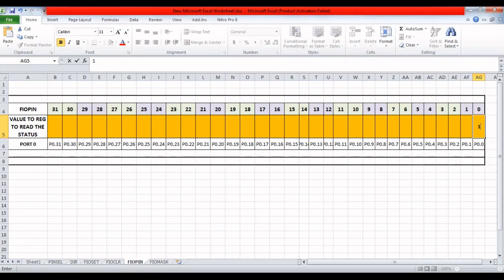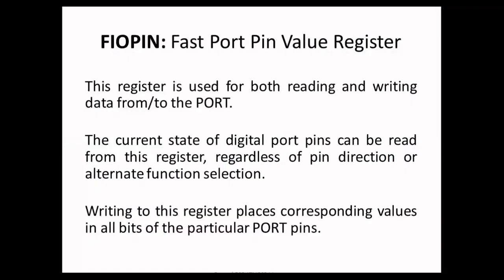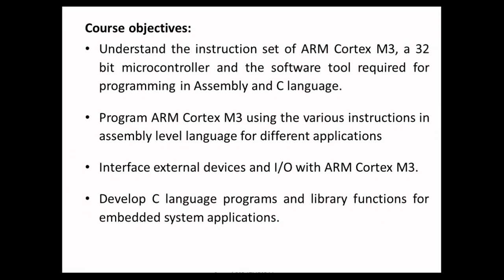Clear? So with this, let us try to understand some objectives of this course. The objective of the Embedded Controller Lab is to understand the instruction set of ARM Cortex M3, a 32-bit microcontroller, and the software tools required for programming in assembly and C language. And to program the ARM Cortex M3 using the various instructions, both in assembly language as well as in C language, for different applications, and to interface external devices and IO with ARM Cortex M3. So these are some of the objectives of this